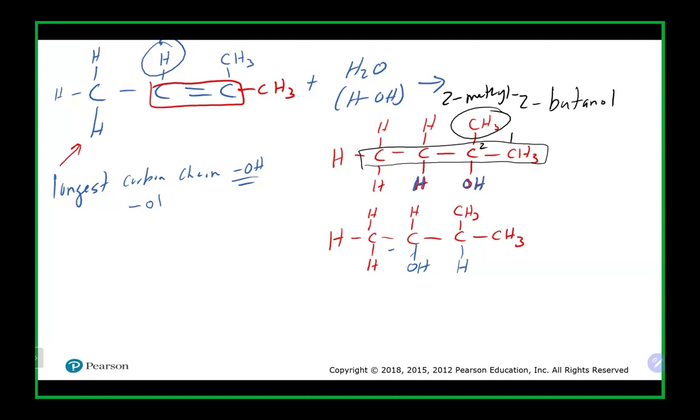Let's see. Longest carbon chain on the bottom one is still 4. Let's go straight across there. And that is going to still be butanol. OH group is at carbon number 2, right? So that's going to be 2-butanol. And that means my methyl group in this case is at carbon number, thank goodness, all right, so that is a 3-methyl